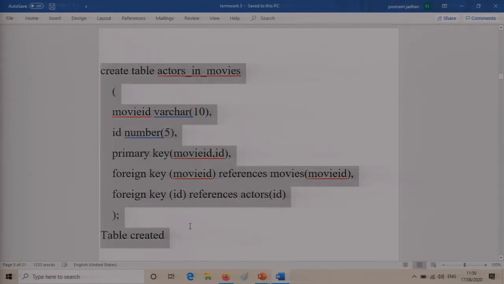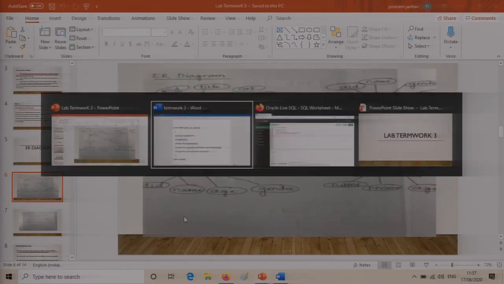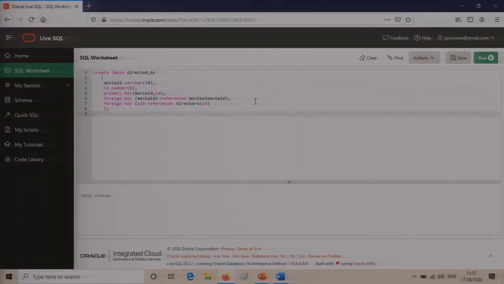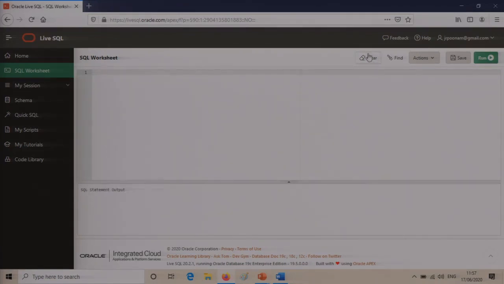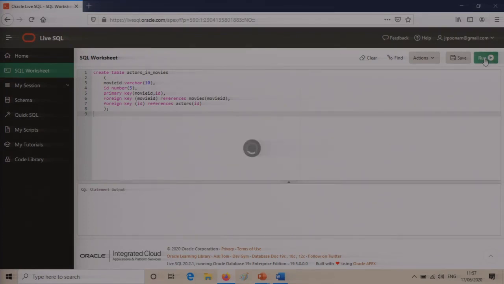Now we are going to create one more table. Okay, so let's go back to our SQL here. So I'll just clear this for you. Okay, so here also the table has been created.